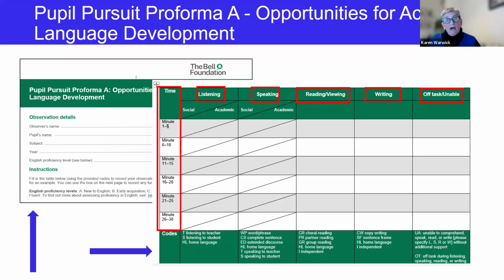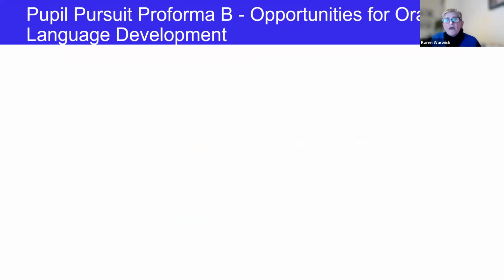There's a box on page 3 in the document, which I haven't put up here on the slide because it's just a blank box, where you can add extra comments in. In due course, for this proforma, there'll be a sample available as an example of using the codes and how to format it in the document. So that's proforma A. Then we have the second, which is proforma B, which is sort of a similar concept,